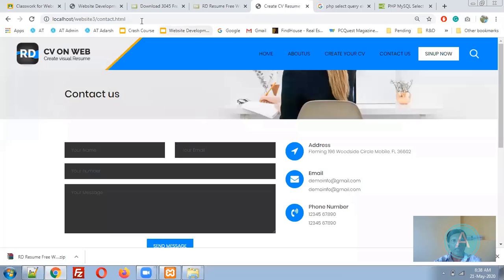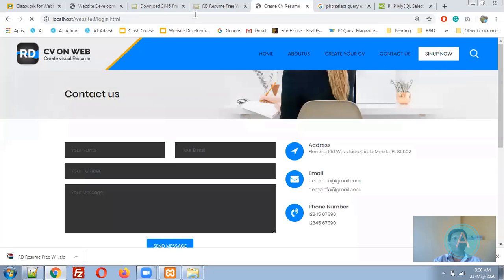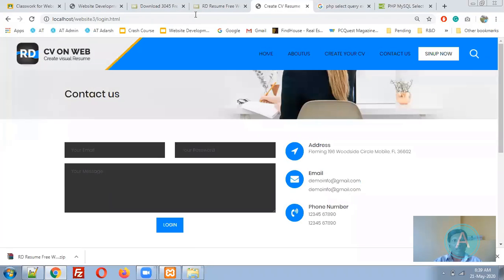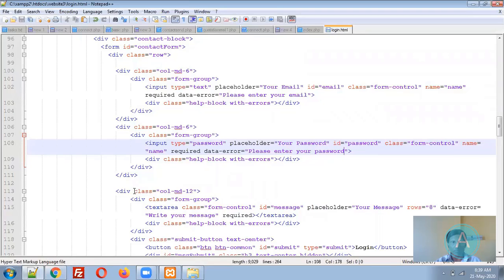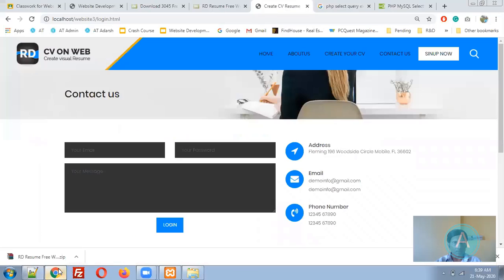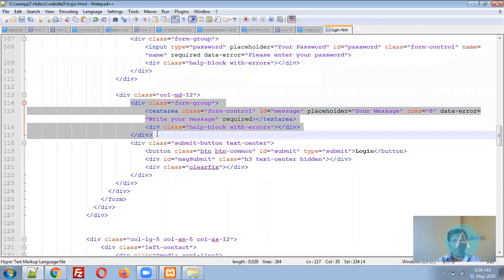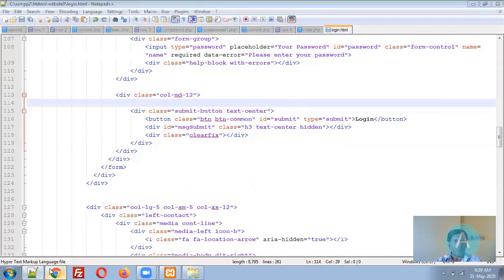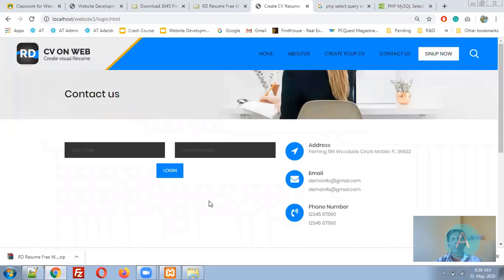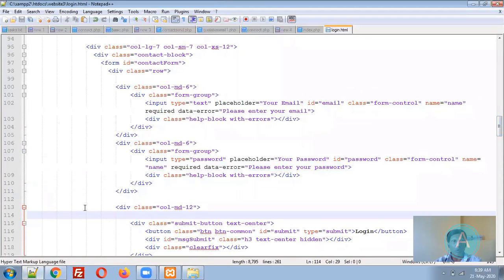Now I'm opening this page, login.html. Now you will find this will come up with your email and your password. Let me remove this message. This message I don't want. And where is the submit form? Okay, yes, I don't want this one. So this is my login form. I would like to add headings, so we can add the heading also.